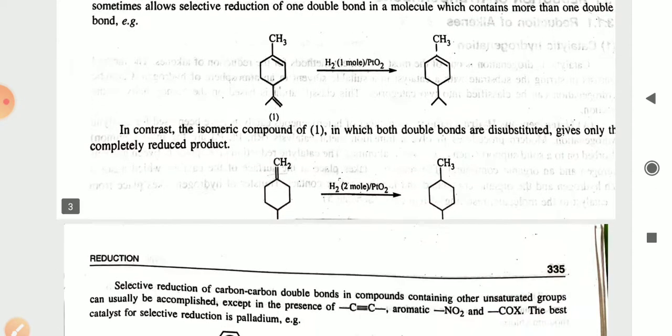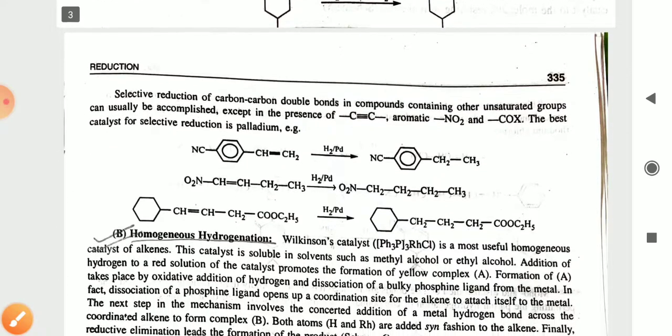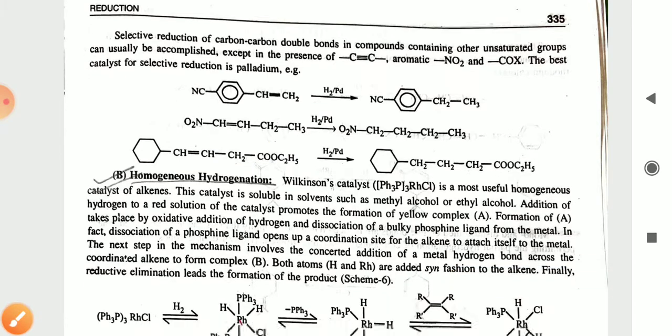Okay, now another example you can see here, the CH2 present over here, the addition of the hydrogen on both sides, and this kind of reduction is performed. So here you can see another example, the addition of hydrogen on a double bond. This is the simple process of hydrogen addition.